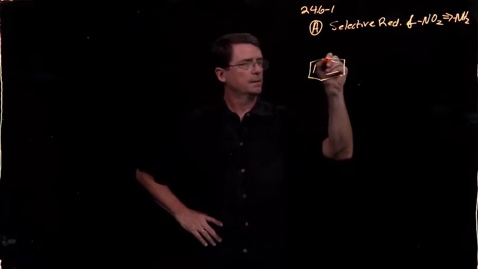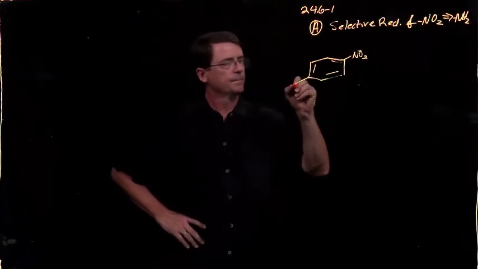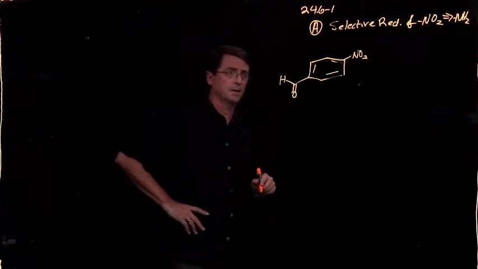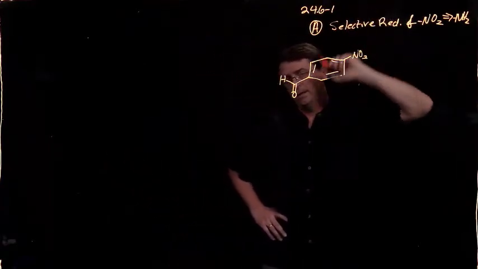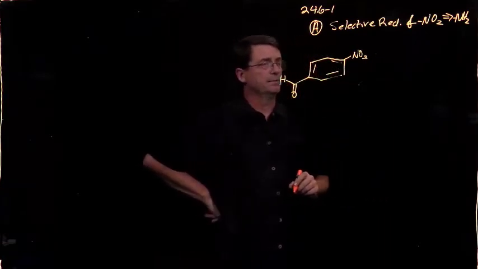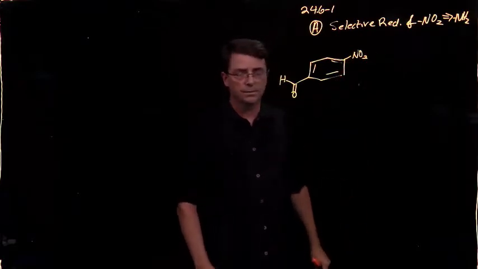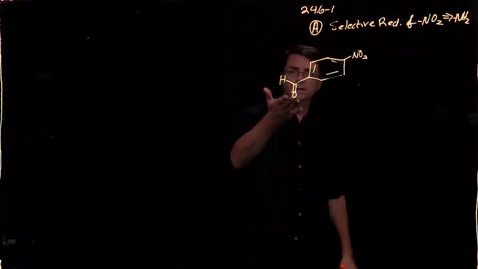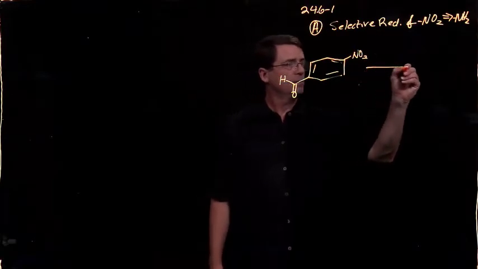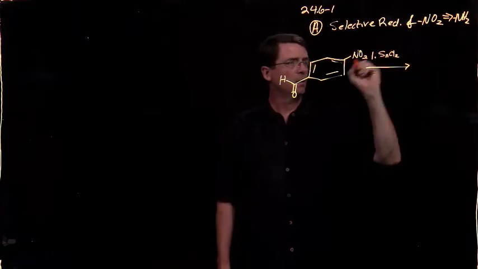If we take an aryl nitro compound, say with an otherwise reducible functionality like an aldehyde, could be an ester, could be a ketone, any of those that, for instance, we couldn't get selectivity with before. Now we know that the NO2 group can be reduced with palladium or platinum metals and hydrogen, but that will also reduce carbonyl functionalities. But if we use a low valent tin compound, this is tin dichloride,